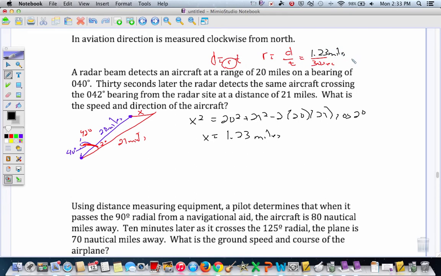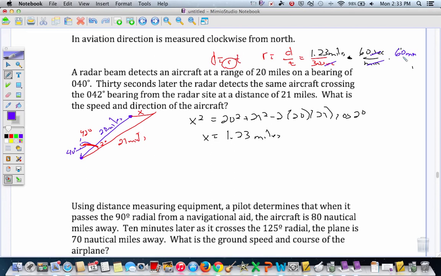Now that we have that, I'm going to put that 1.23 miles in here. And I'm going to go 2 steps further, thinking back to our work in, I think, chapter 3. More manageable or more meaningful rate for us will be miles per hour. So I'm going to change my seconds over to hours. There are 60 seconds in a minute, and an hour is 60 minutes. So I've converted from seconds over to,